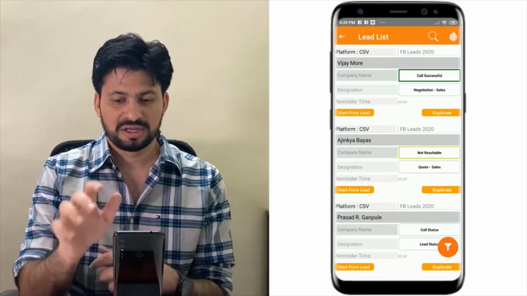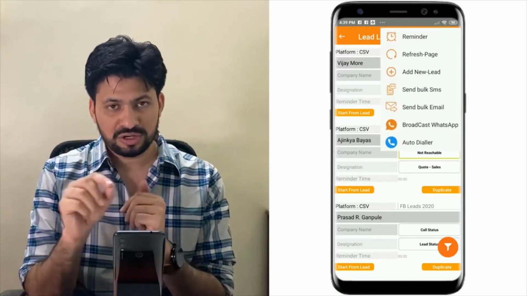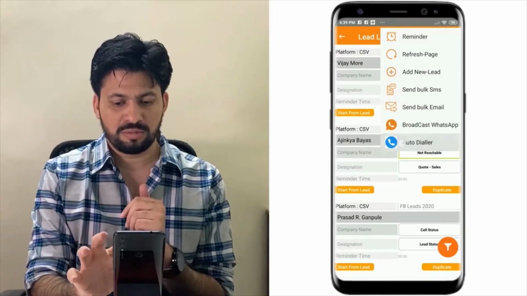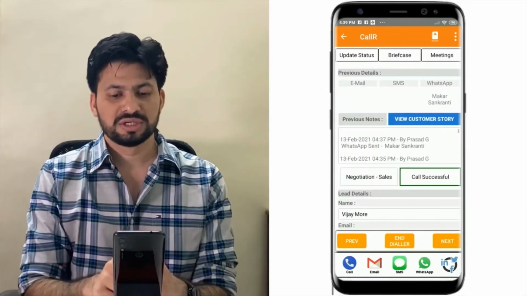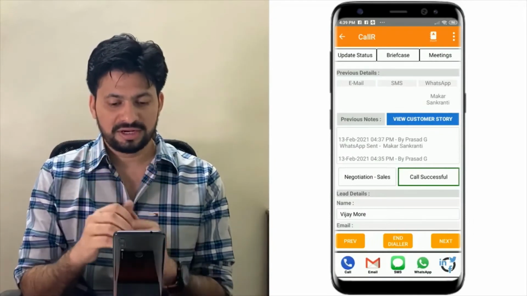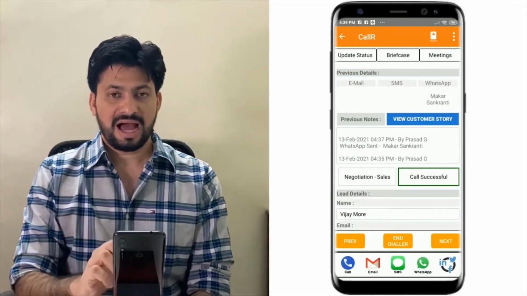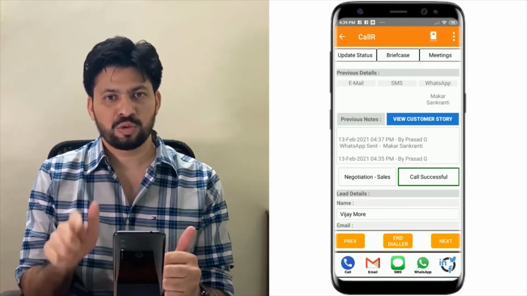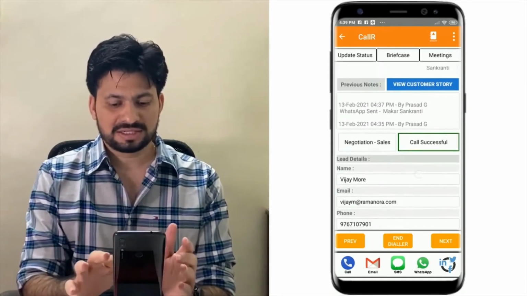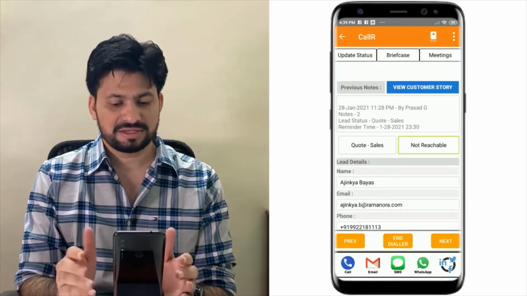How does it work? On the right hand corner, you can see in a drop box, auto dialer. You choose auto dialer. I choose the lead, and on the lead, while we are here, I now have the facility to directly call, email, SMS, WhatsApp. Once my part is complete, I can just simply click on next, and you can see here